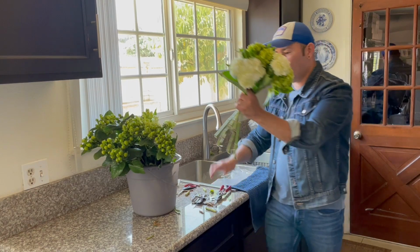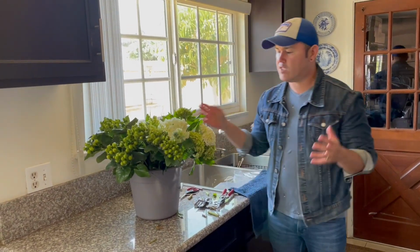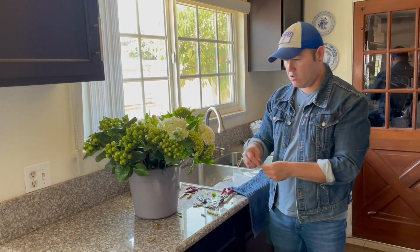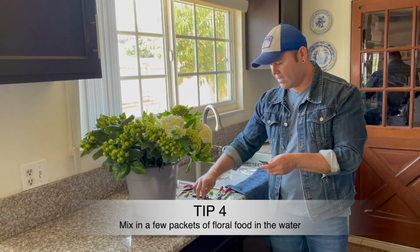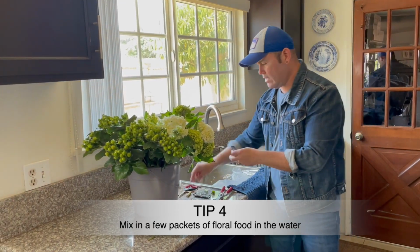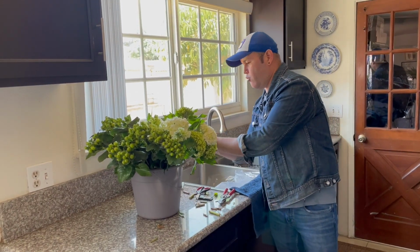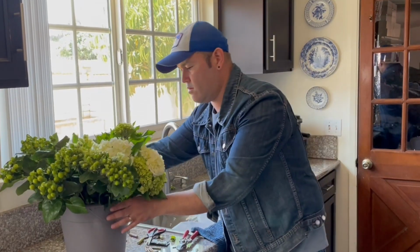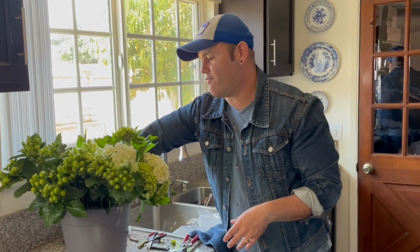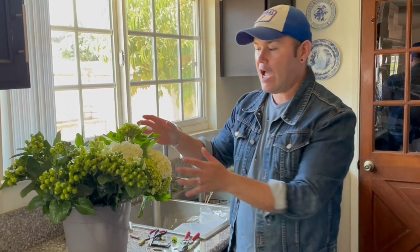And then you're going to put this right here with them. Especially hydrangeas, because they really do live off of water. Now, according to how many flowers you have, you might want to grab a few packets of floral food, and then we're just going to pour that in here. That way they get some vitamins while they're soaking up some water. You can do this step first, actually, with that food water. And so now we're just going to leave them here overnight, and I will show you guys how much fresher they